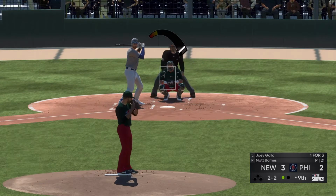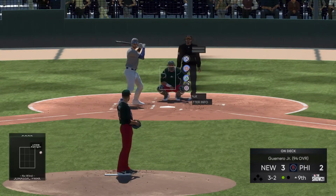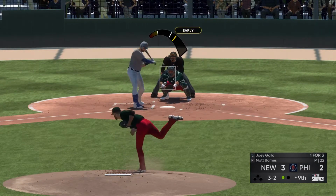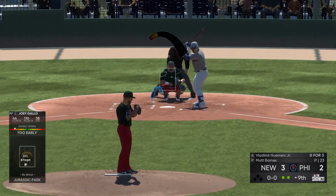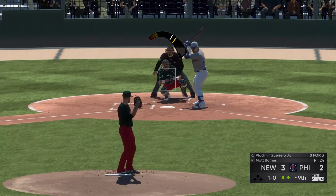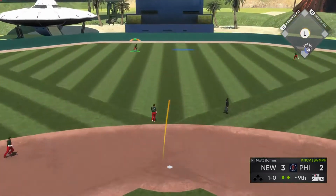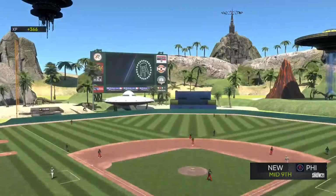I know he missed with a fastball right there, but this guy's arsenal, you can't figure out what he's trying to do. He's got a lot of different directions he could go in right here. Vladimir Guerrero Jr. will be next. And a swing and a miss here, and the first 2 are dispatched to begin the 9th. Vladimir Guerrero Jr. is at the plate as he looks at ball 1. Because this is just a 1-run game, this doesn't strike me as a situation where he's going to be...